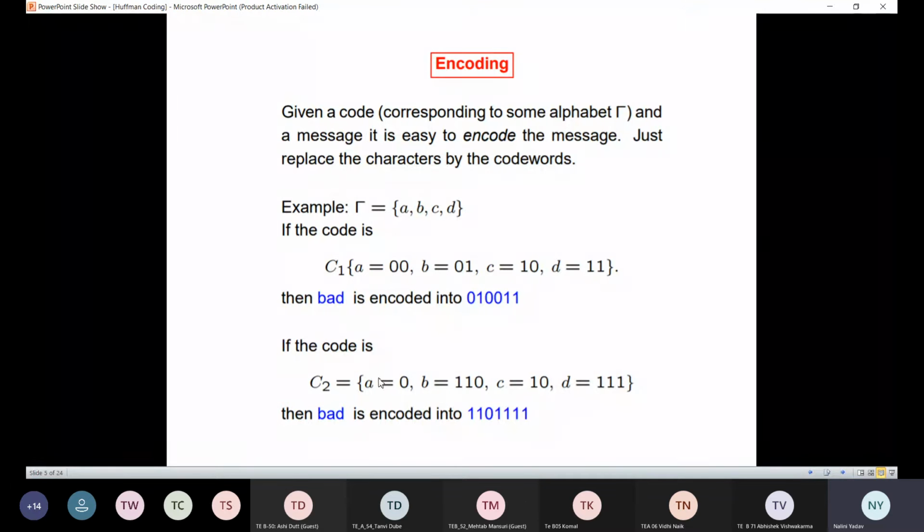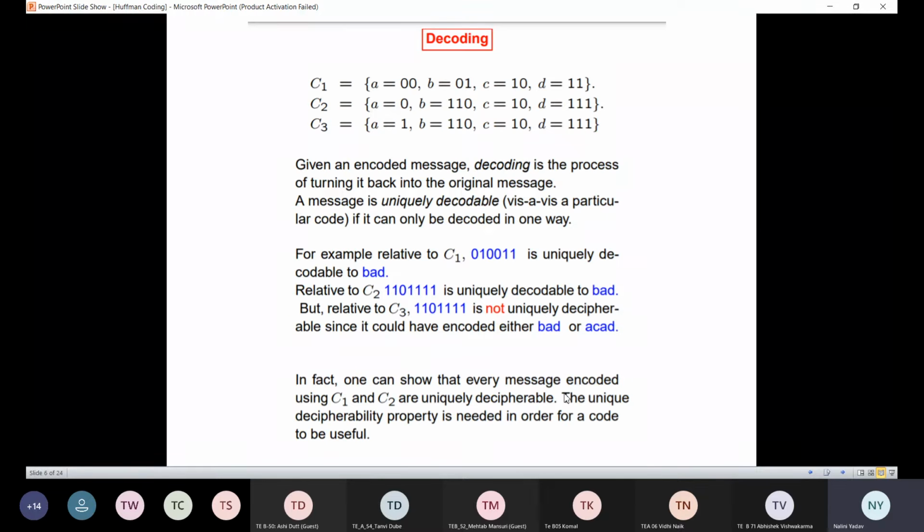If my code is something like A is represented as 0, B as 110, C as 10, D as 111, how will BAD be encoded? It will be 110, then a single 0, and for D it is 111. So this is how BAD will be represented in the case of another coding technique.